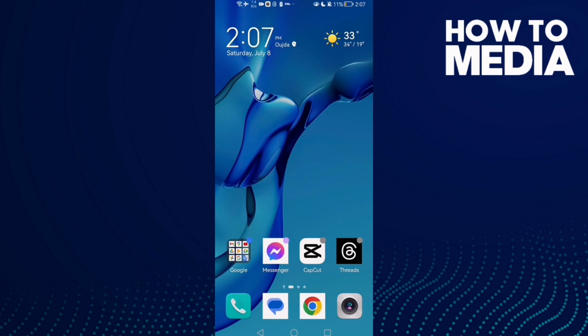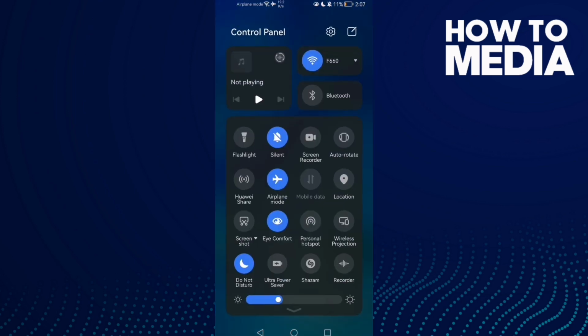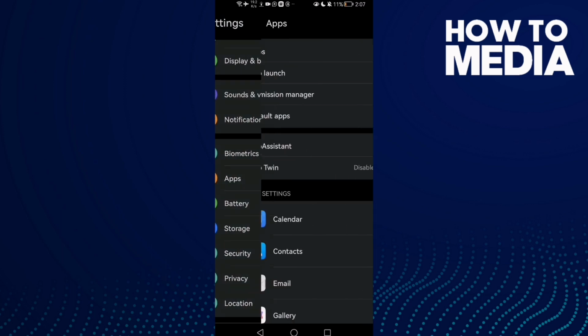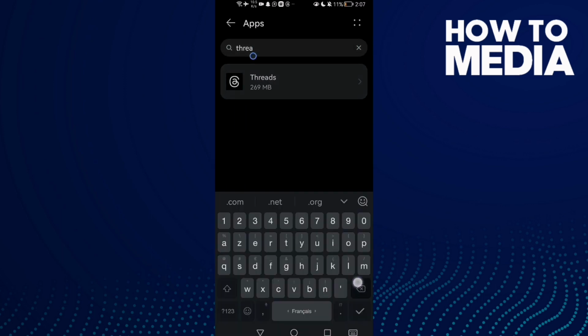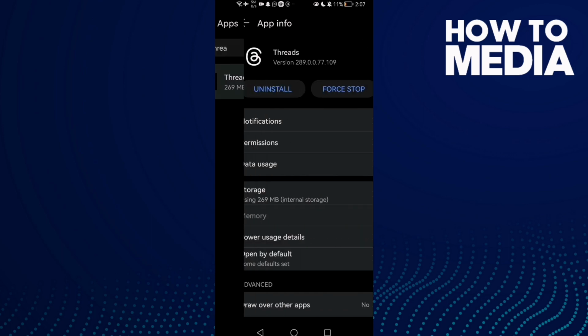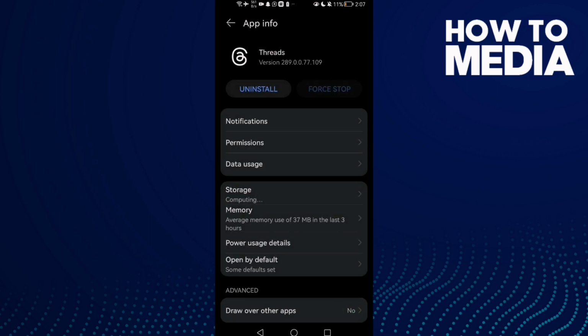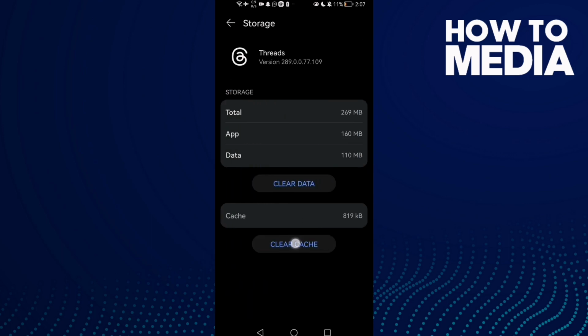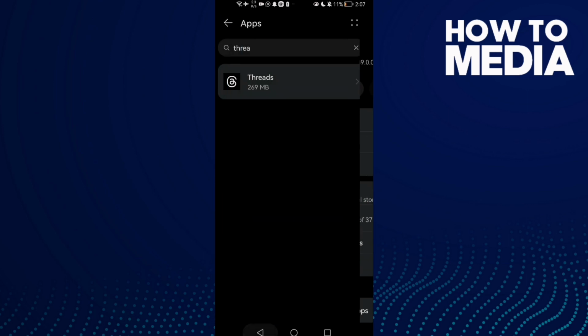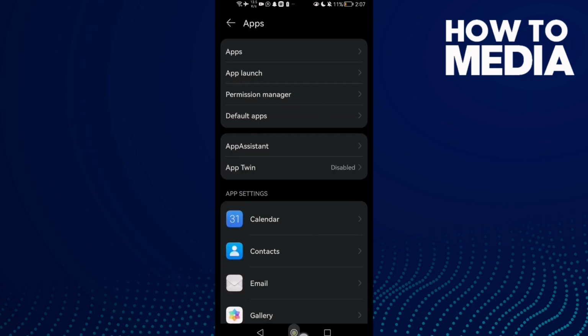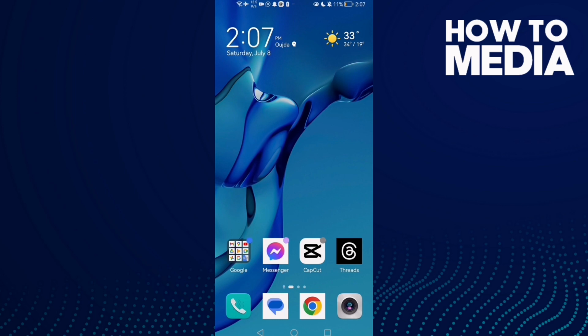How to fix Instagram feeds won't repost easy and quick. If you want to fix this repost problem easy and quick, all you have to do is go to settings, go to apps, and then go to feeds and stop it. Then go to storage and clear cache, and after that just go back and try again, and your problem must